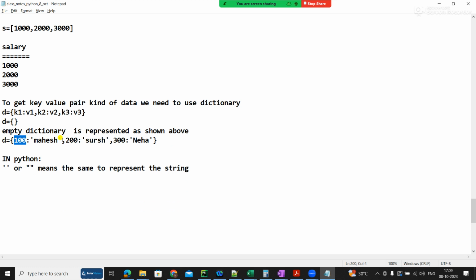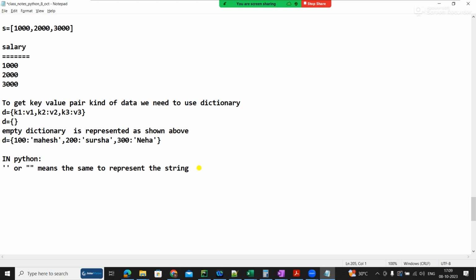So this is a dictionary, like this is one value. So now we have something like 100 is Mahesh, 200 is Suresh, all those things, and later with pandas or something we can give proper column names.